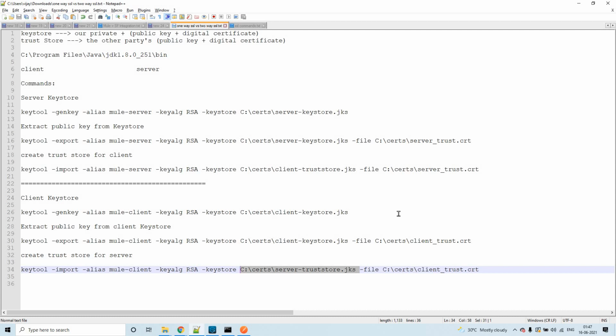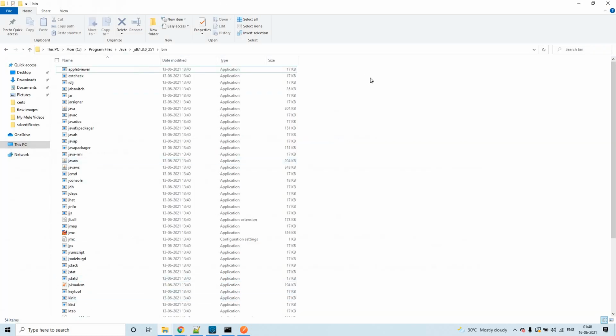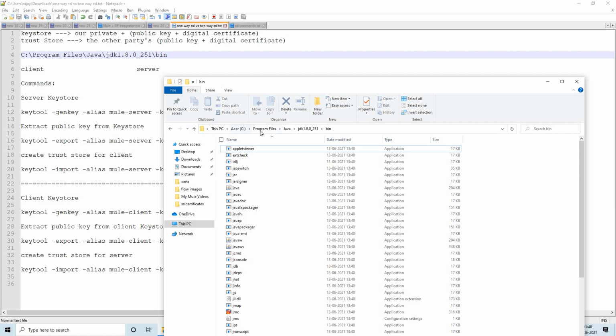I'm not going to show you how to create these certificates because I have explained it in my previous video. But you have to go to this path where the JDK is installed. See, this is the path: Program Files, Java, JDK, bin.